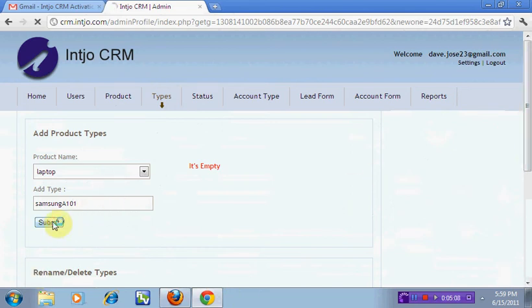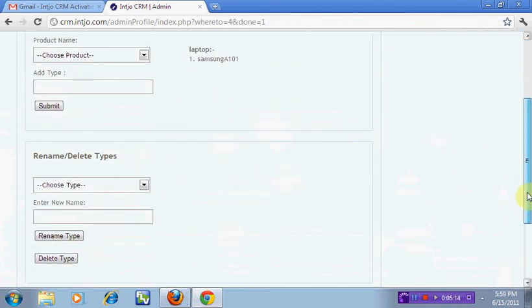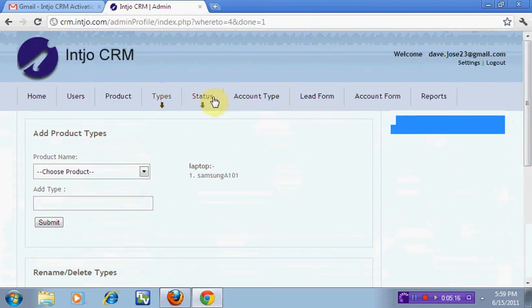Now click on status. Every inquiry travels from various stages before it is finalized. These stages are called status. Here you can create status as per the requirement of your company.